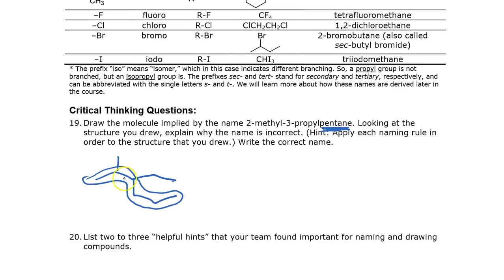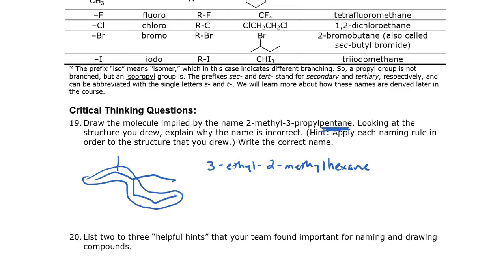So now when I do that, I'm going to number it mentally, counting from this end because that's closest to the first branch. So this is a methyl on number 2. This is an ethyl on number 3. So I have 3-ethyl-2-methyl, because E comes before M and you alphabetize. And then I don't put a space. And then this is 6 carbons in my base, so hexane. All right, you see how that works?